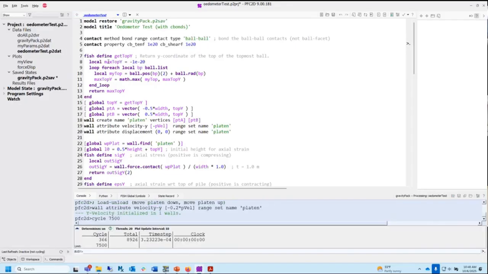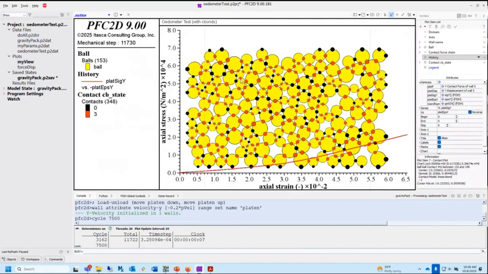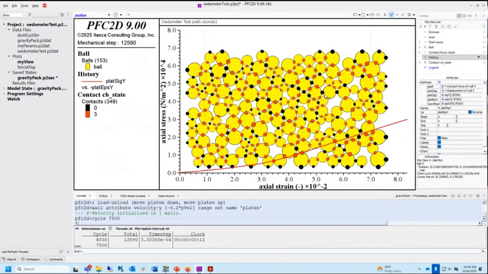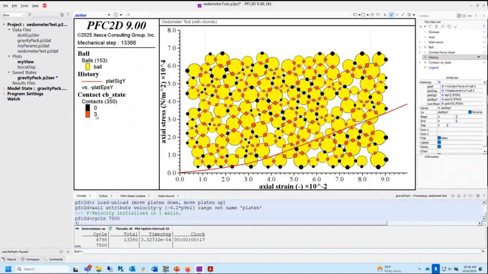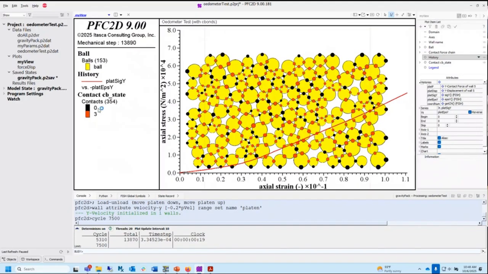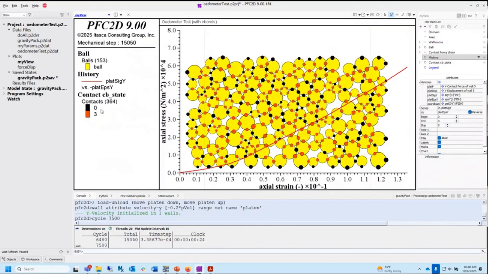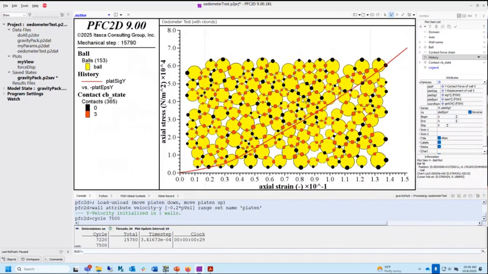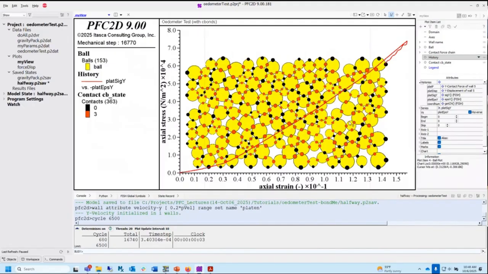Let's just make sure that this thing, nothing breaks. So let's look at CB state. 0 and 3. 0 is unbonded. Those are the guys whose gaps are starting to close. And that's why they're unbonded and they're being shown, because they're active. So if it breaks, it's going to be states 1 or 2. And it looks like not. So the nonlinearity is here, I think, because you're adding stiffness. You're adding springs and removing springs.